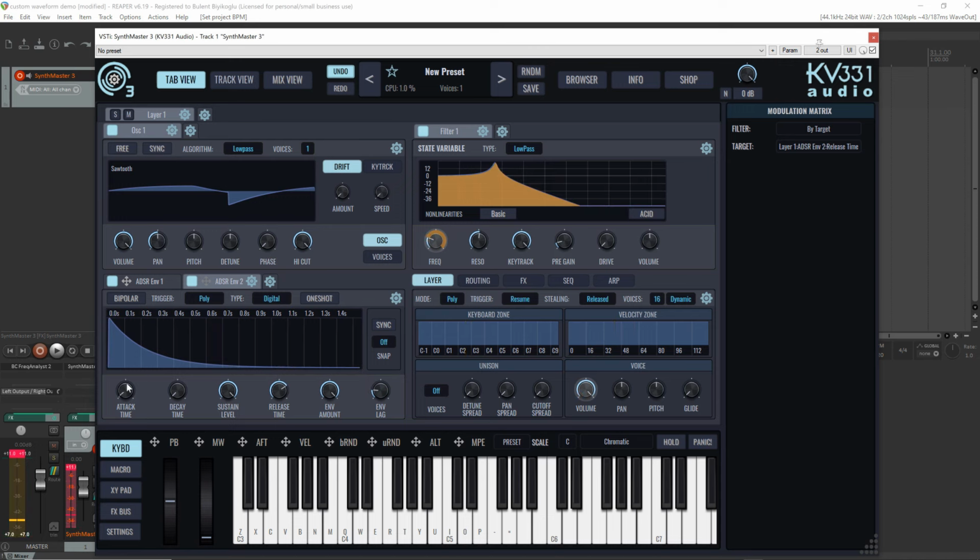So let's add decay to this filter envelope, like a long decay. Sustain and release. So this is the digital one. Now if I switch to another one, for instance,